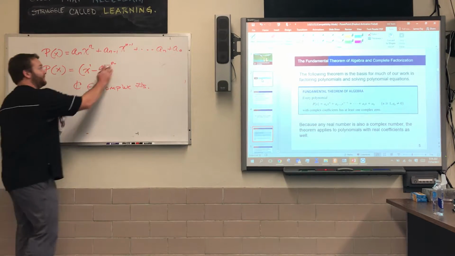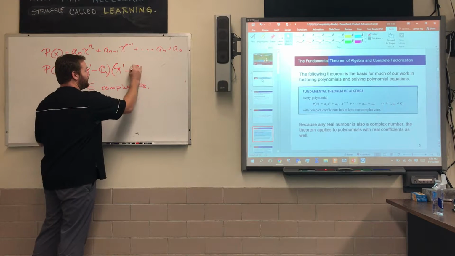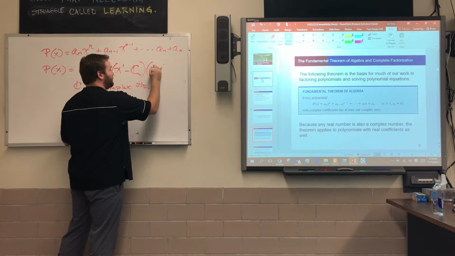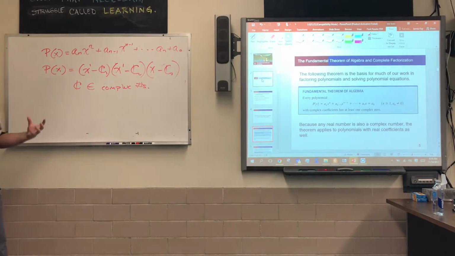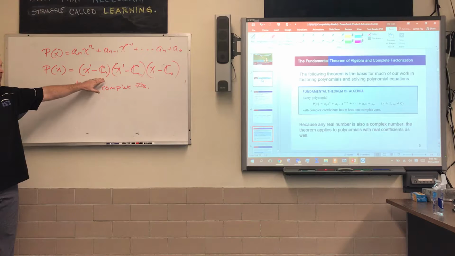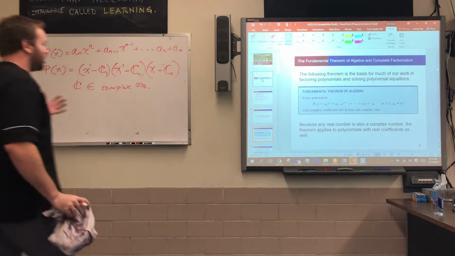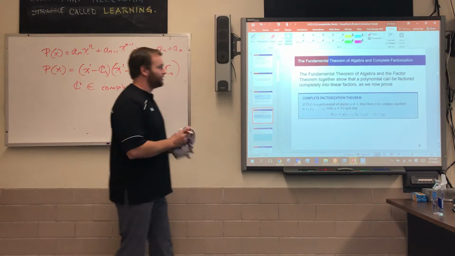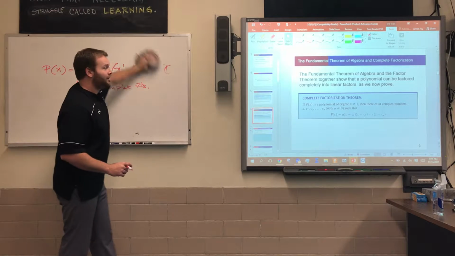Okay? Now, it might be written something like this. Okay, we've been doing that kind of stuff, right? Breaking it down to those factors. Okay? But the fundamental theorem of algebra says it can be broken down to at least, it's going to have a bare minimum of one factor like that. Okay? And in conjunction with this theorem, which is called the complete factorization theorem, says that any polynomial of degree